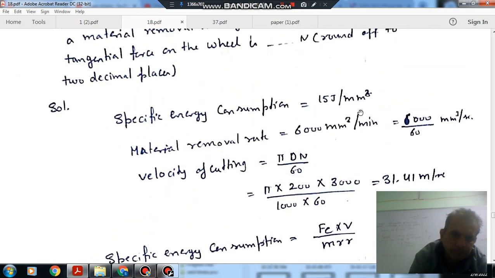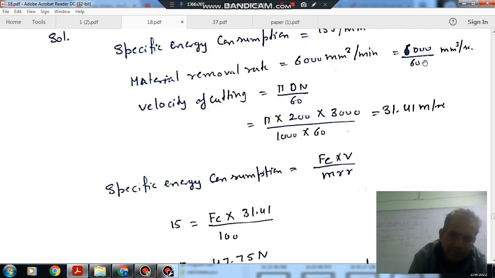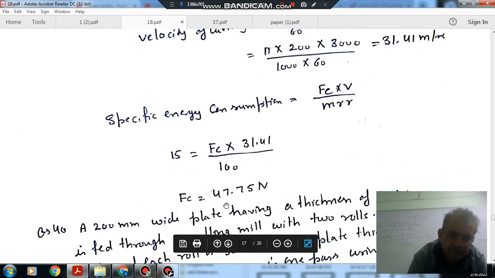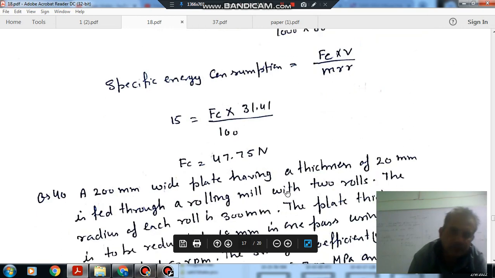Because specific energy consumption is in joule per mm cube, MRR will be taken in mm cube per second and velocity will be taken in meter per second. So the answer is 47.75 Newton. Okay. Next,